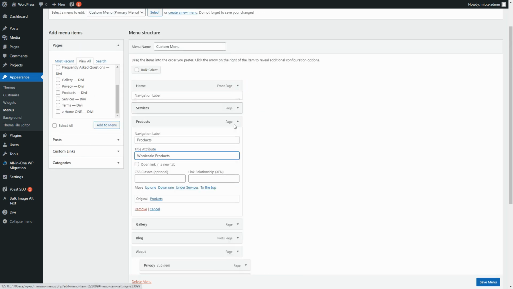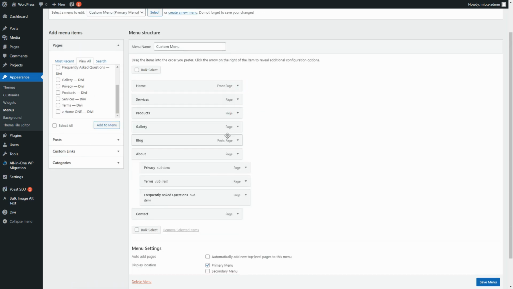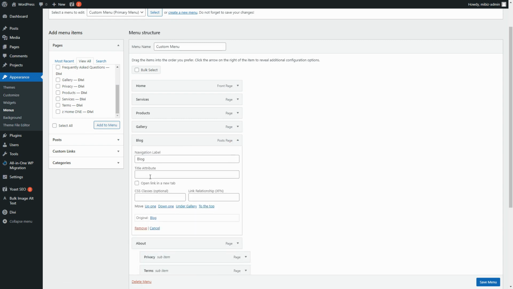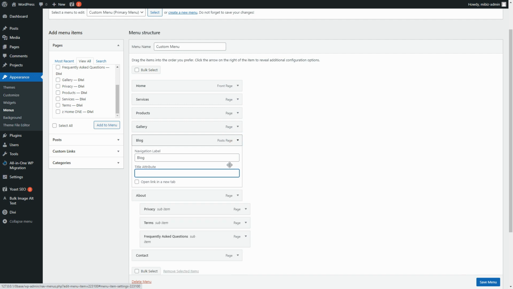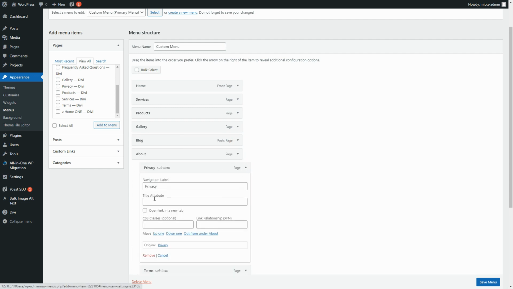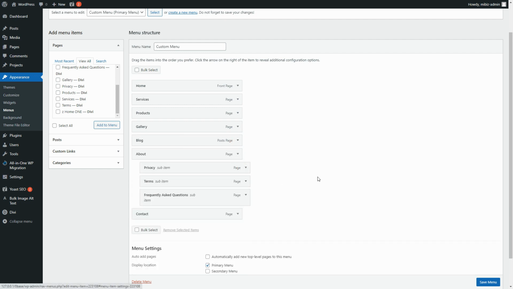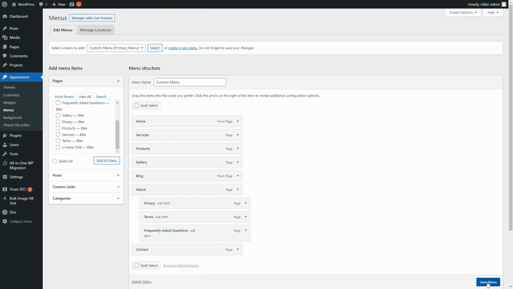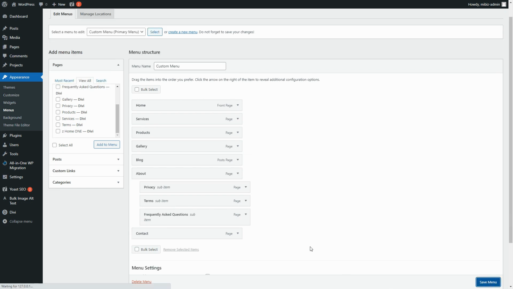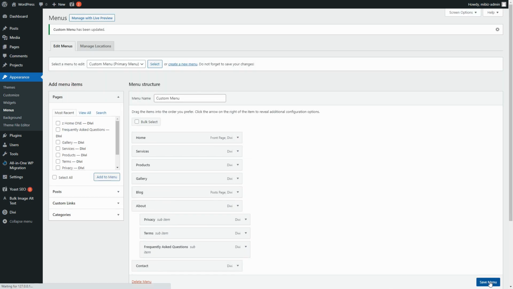Now every one of these should have that name. So it should be my blog or website design blog, something like that. Everyone should have that name, even privacy policy, all of them. Make sure you include that. And then once we're done, you're just going to, down here, select Save Menu, and you're going to save that menu. Now, once you do that in your website, you're going to see